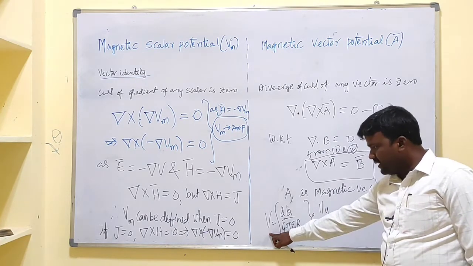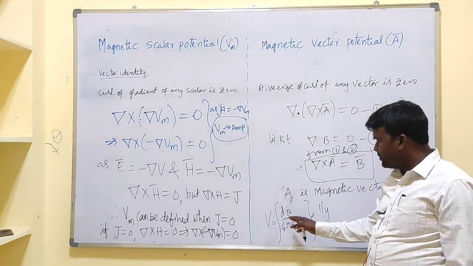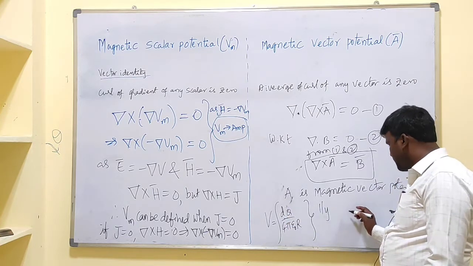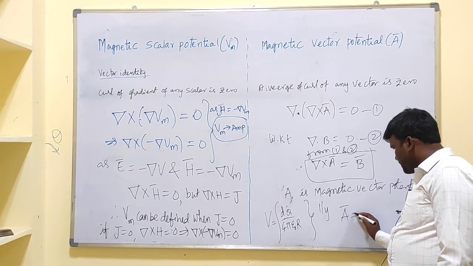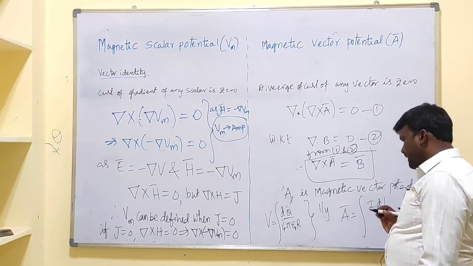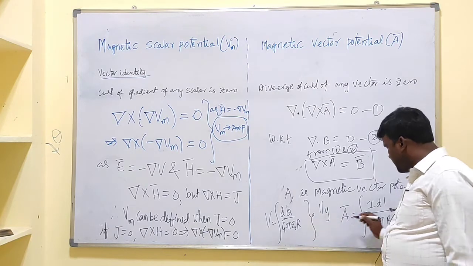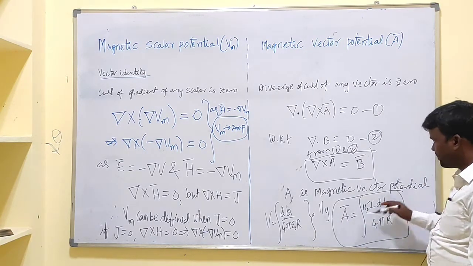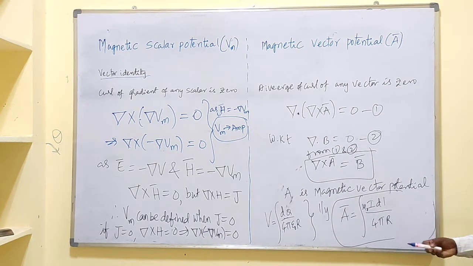Similarly, the electric field is due to charge and the magnetic field is due to current. So that's why the differential charge is replaced with the differential current element to define our magnetic vector potential A, that is I dL by 4 pi R, and 1 by epsilon naught is replaced with mu naught. This is the expression for A equal to mu naught I dL by 4 pi R in the case of a line current element.